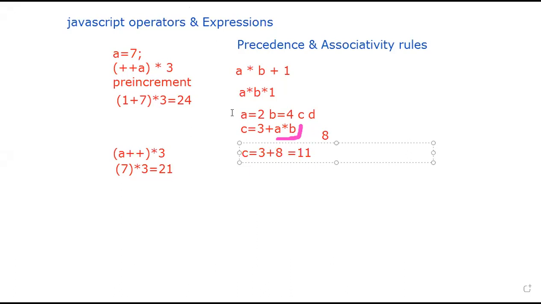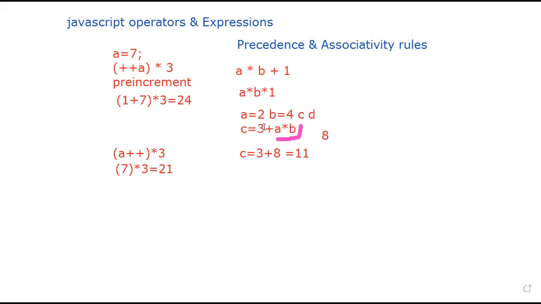So if you take 3 plus A, what is the value of A? 3 plus A, A is 2, right? So I will get 5. So 5 into 4, what will that give you? 20, which will be a wrong answer. So there we need to follow the associative rules. Rules are very, very important. Which rules? Precedence rules. Is it clear?